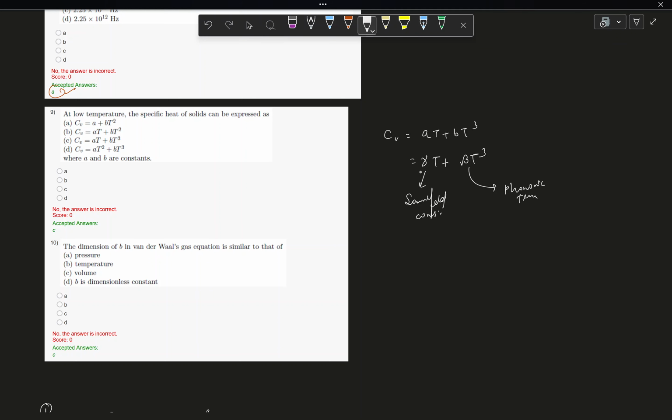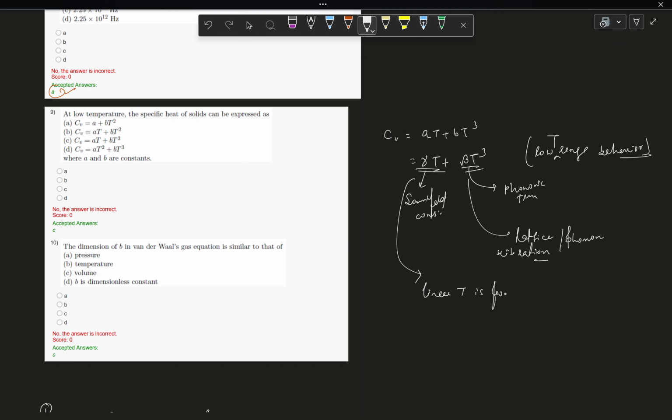Okay, so the idea is that the low temperature range specific heat especially behaves like this. In the high range it will saturate to follow the Dulong-Petit behavior. In the middle range then there is some other numerically solved behavior, but mostly in the low temperature range there are two terms that dominate, one is from the lattice vibration term, which is the phonon contribution. Lattice vibrational waves are called phonons. So lattice vibration or phonon give rise to this T cube dependence, whereas the gamma T behavior, the linear T,